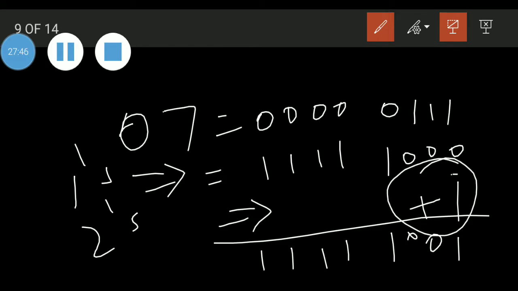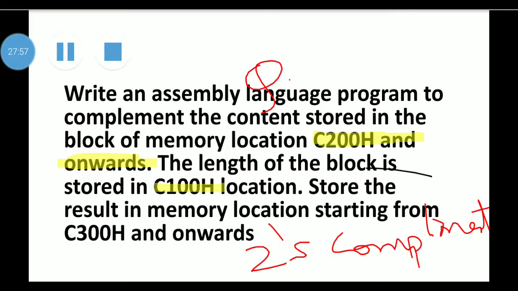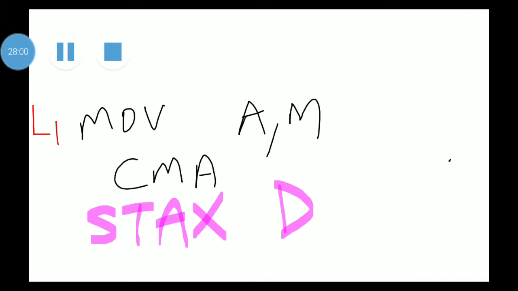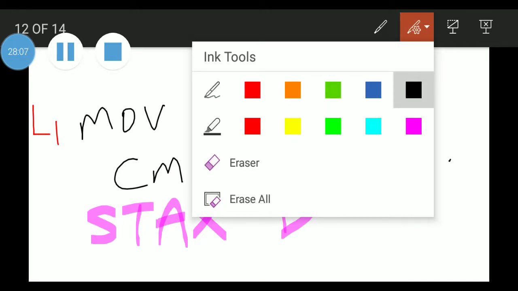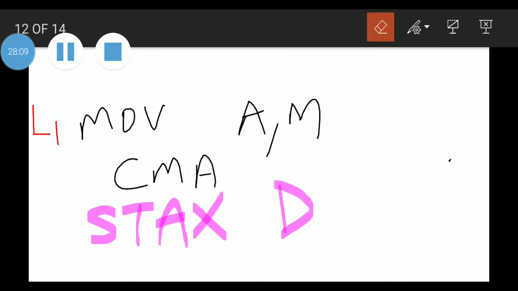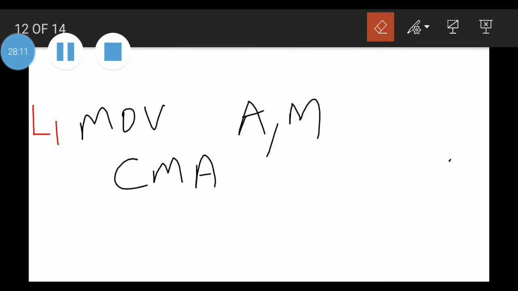So what will you do? You will write an instruction to add 1. Which instruction are you going to add here? Here I got CMA. Before writing STAX D, I will write one instruction, that is INR A, increment accumulator.